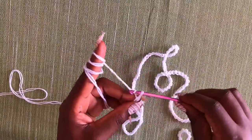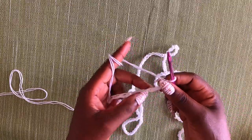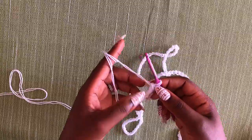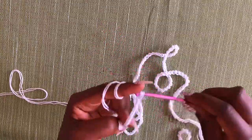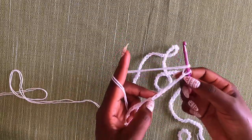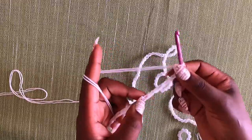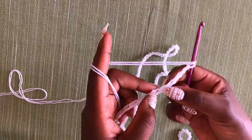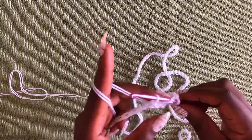Now you're going to chain 1, 2, 3. This is going to be like your first double crochet. Then after that, chain 1, 2, 3. Wrap your yarn around the hook. That's a total of 6 that we've added. Skip these 6 loops, 1, 2, 3, 4, 5, 6. Come into the 7th with a double crochet